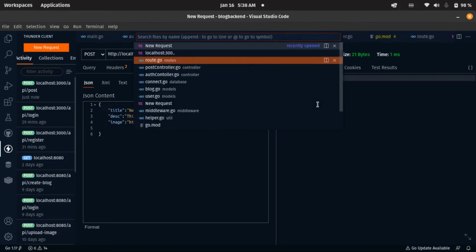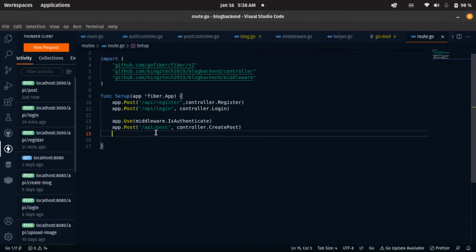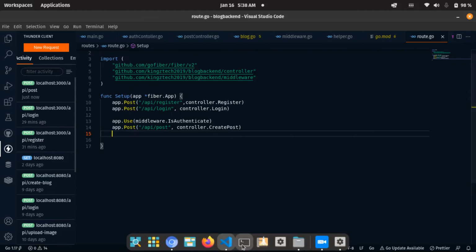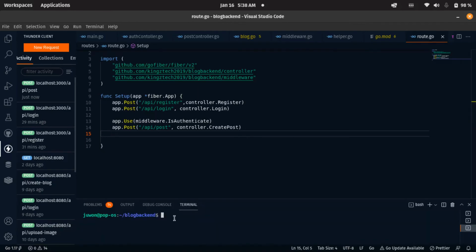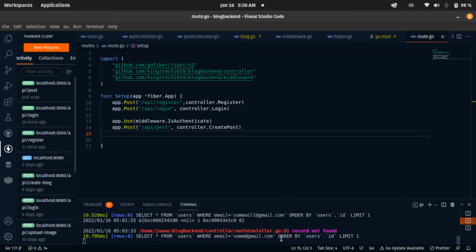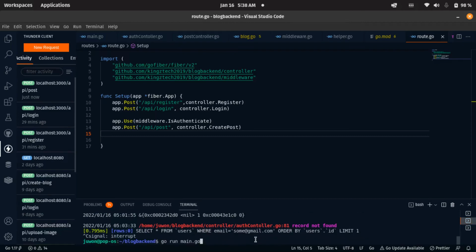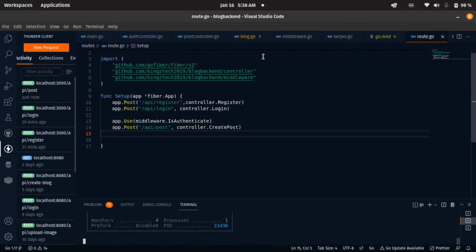Okay, routes, yeah. So API, yeah, post, /API/post. Okay, controller. So why is it saying that? Okay, yeah, I have to stop my server. Let me open my terminal here. I have to restart my server. Okay, so you have to run this. Now, to avoid starting and restarting our server,